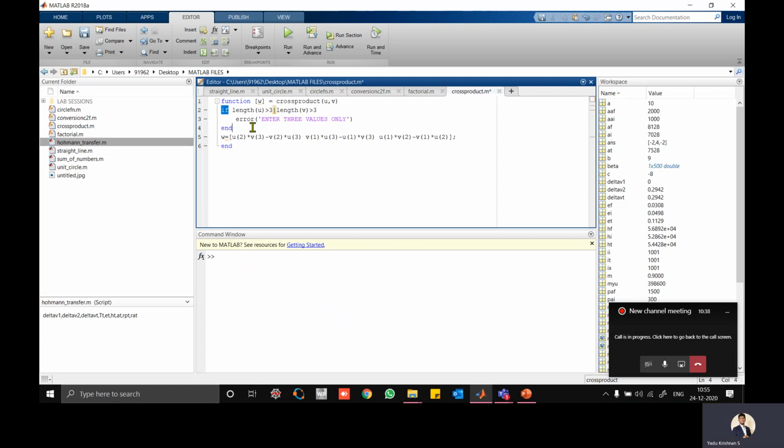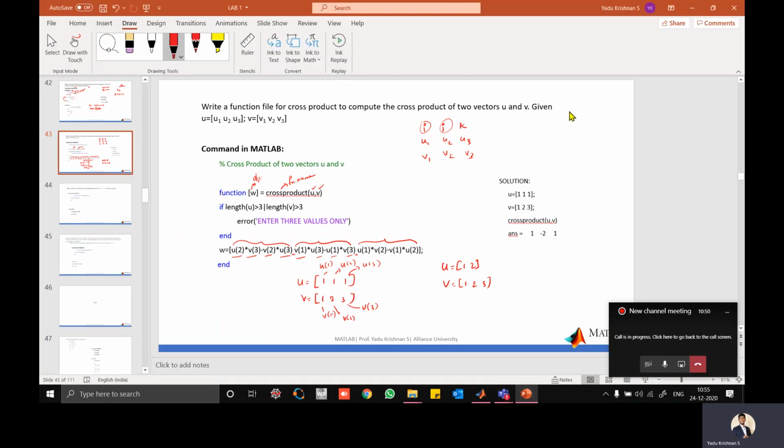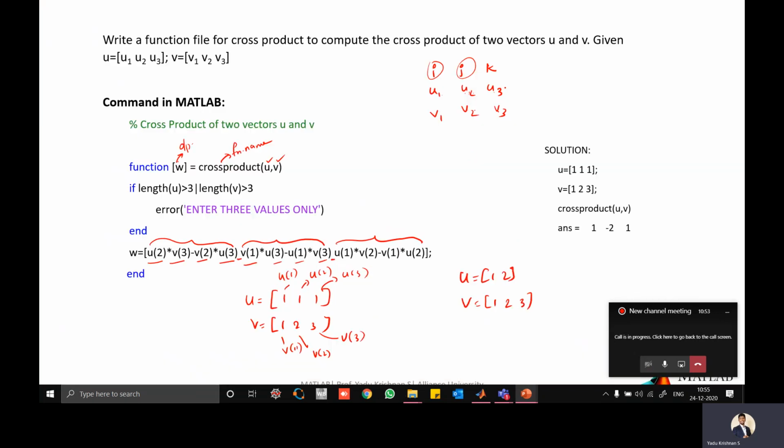Here, one end is missing. So if that is also a condition, an if-else statement or if statement, if the condition, you should write. This is a condition, so the syntax can be written like this: if condition, then you can put the statement, and finally end should be there. So if, end; else is also possible: if condition, statement, else statement, and end you can put.